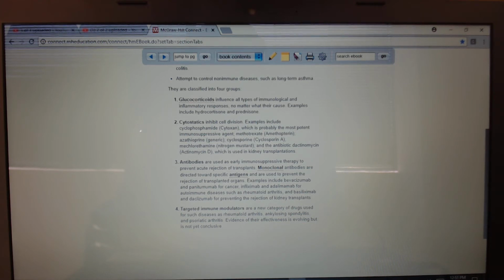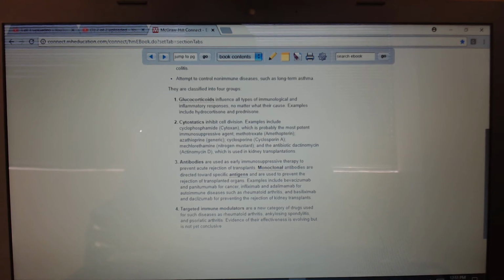Antibodies are used as immunosuppressant therapy to prevent acute rejection of transplants. Monoclonal antibodies are directed towards specific antigens and are used to prevent the rejection of transplanted organs. Examples include bevacizumab and panitumumab for cancer, infliximab and adalimumab for autoimmune diseases such as rheumatoid arthritis, and basiliximab and daclizumab for preventing the